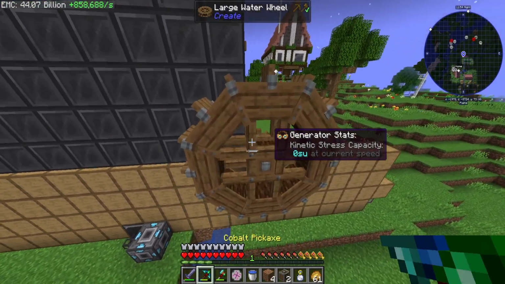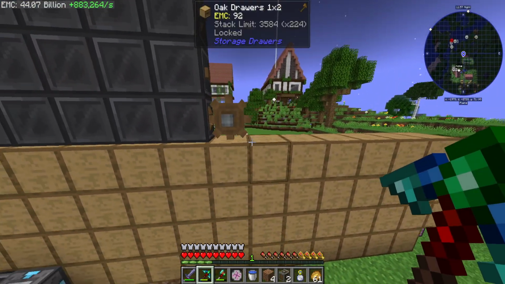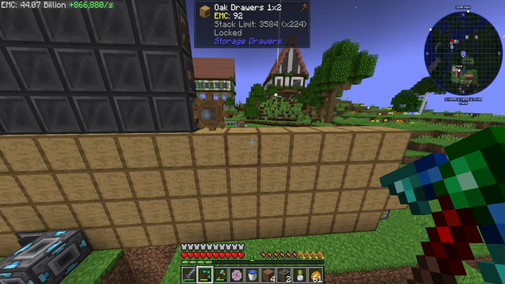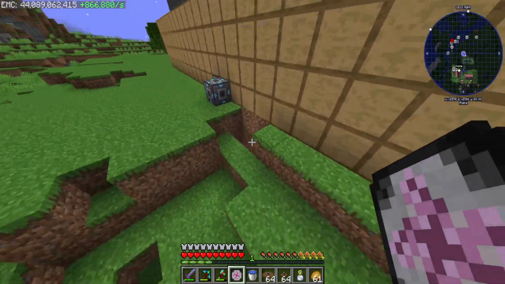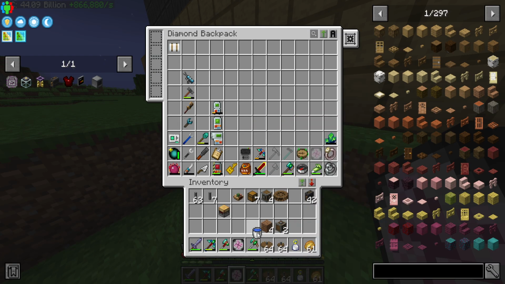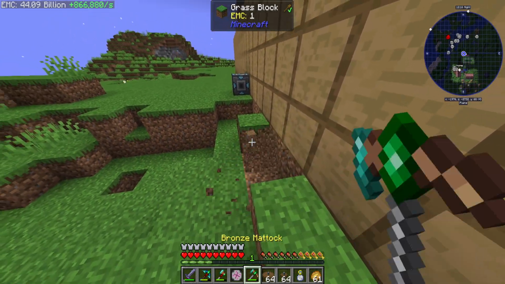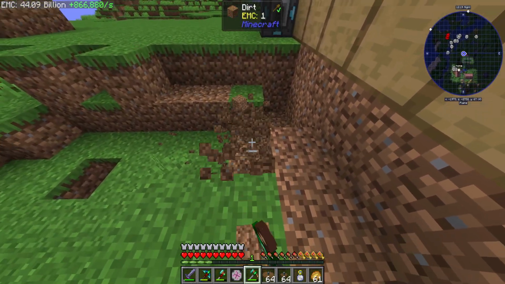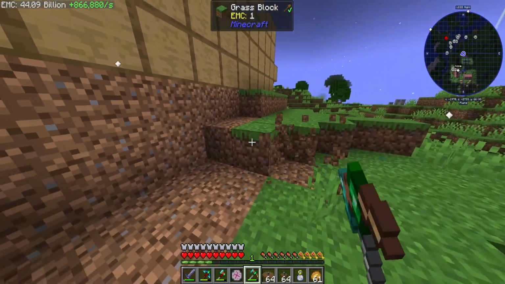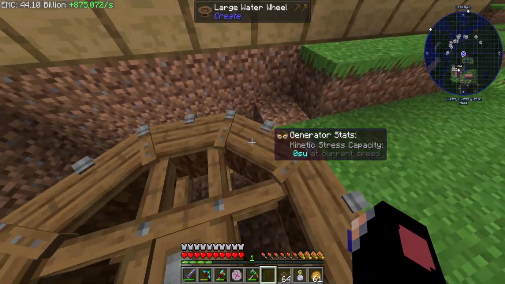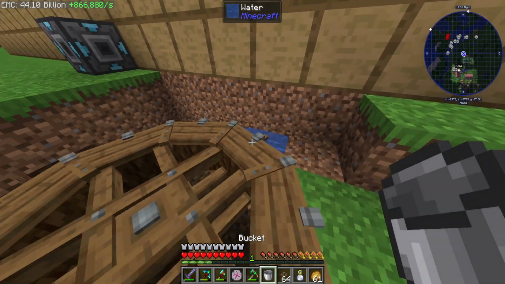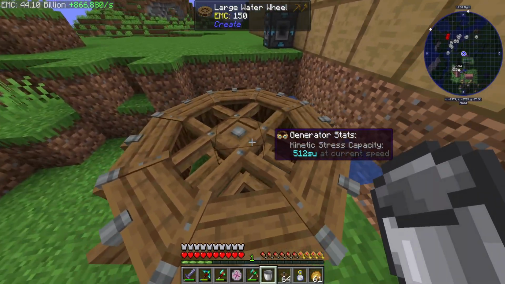Okay. That's fine. What I can do here, so I go into my sync hogs. What I can do is, we get our map. This is an absolute, complete and utter side quest. Okay, so we put our large water wheel there, a bucket of water there, and if we do,